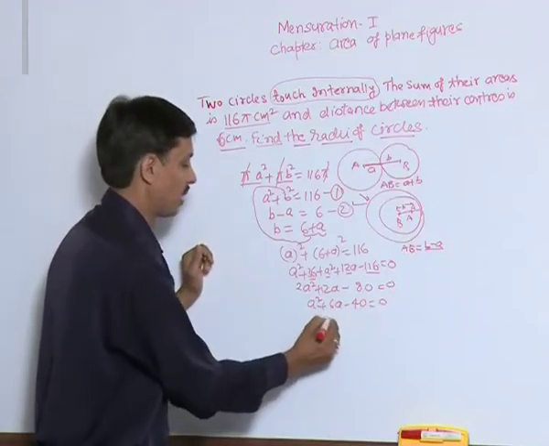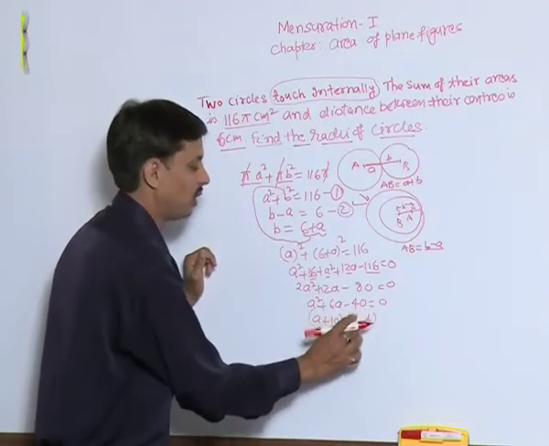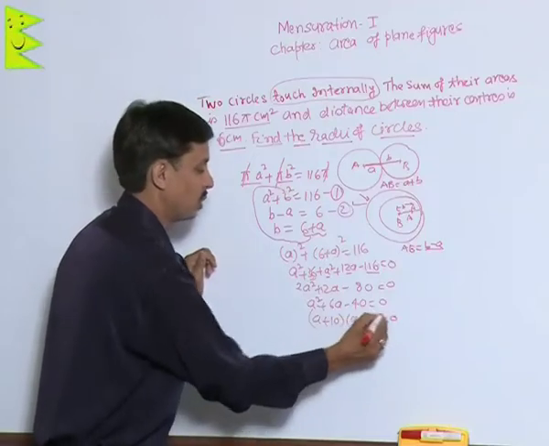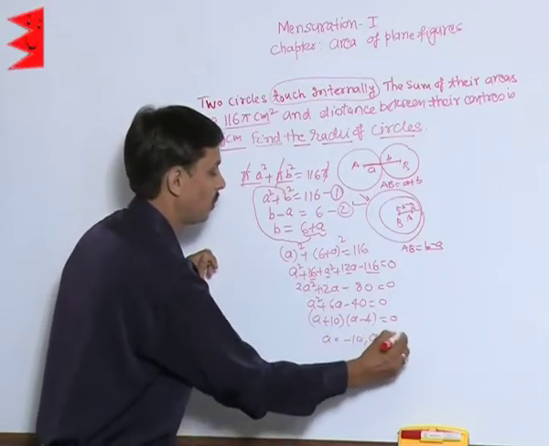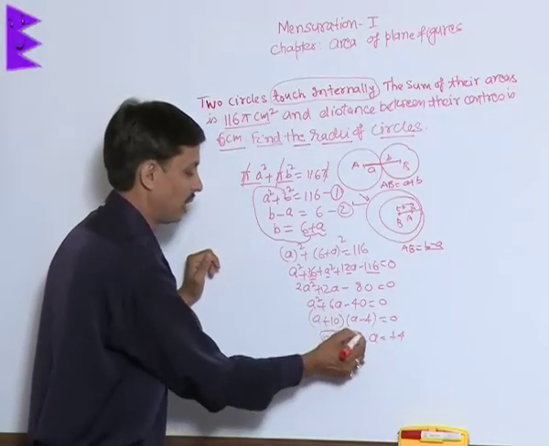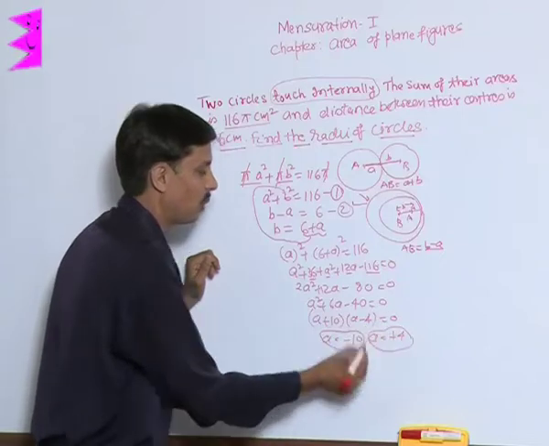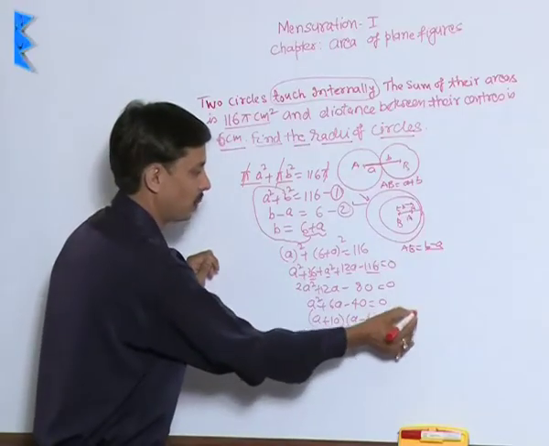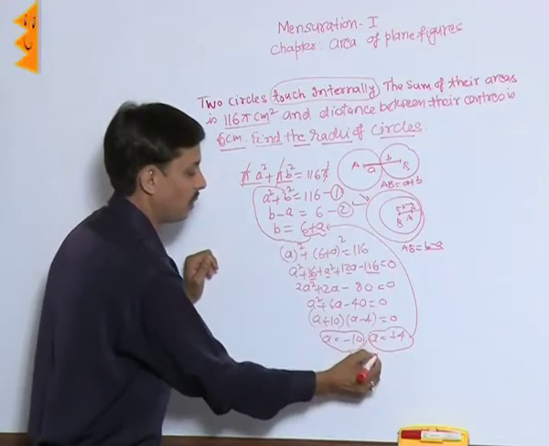We are taking factors (A + 10) and (A - 4), which equals 0. So the answer of A may be -10 or A may be +4. Clearly radius cannot be negative, so this part is rejected. Hence the answer of A is 4. If A is 4 and we put this value of A here, we will get